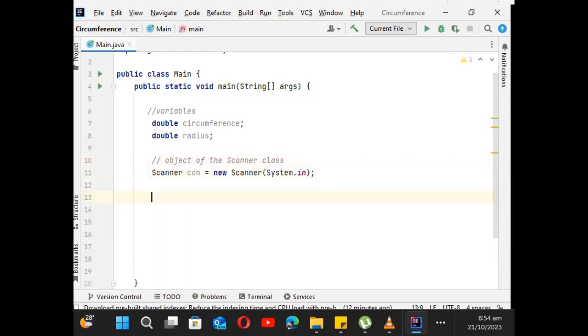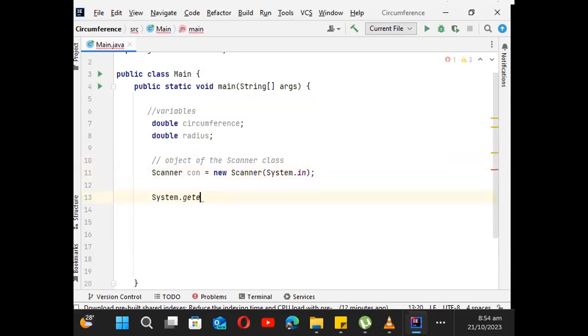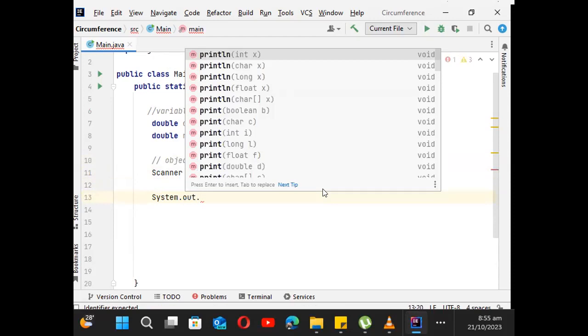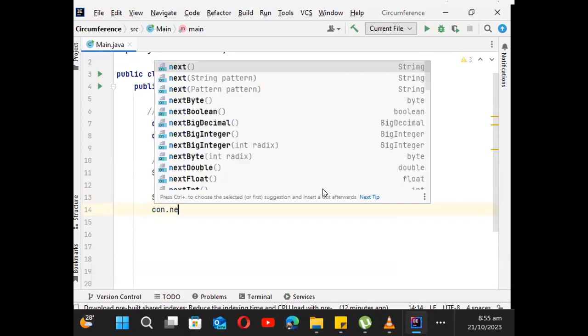So over here, I have System.out. And by the way, the System being a capital S means it is also a what? A class. Dot what? Print. And in here, I'm going to put in a string that says, please enter radius. Semicolon. Now, logically, I'm telling the person to enter radius. So what will the person do? He will enter the radius. So con dot next